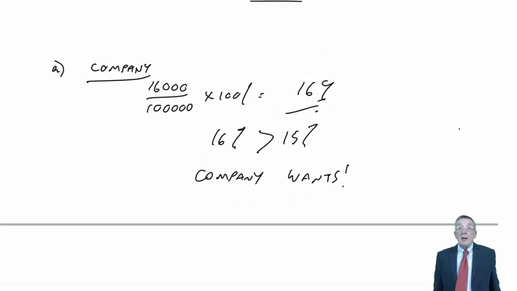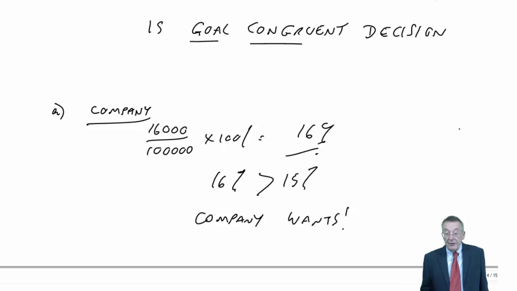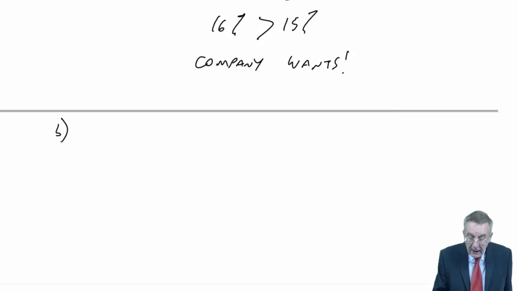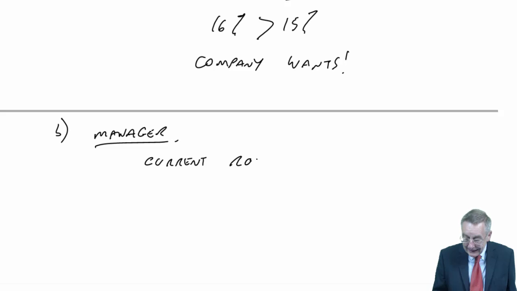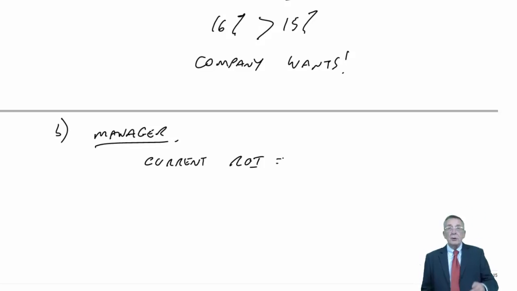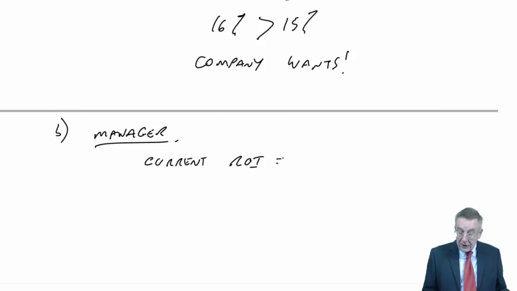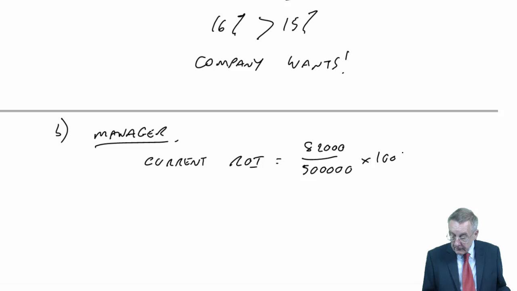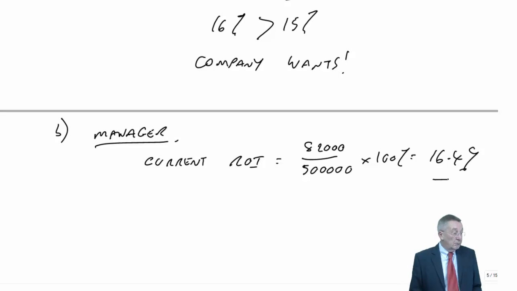But just like before, we've given the manager autonomy. It's not the company who will make the decision, it's the manager. And what will the manager do? All the manager cares about is his performance measure. The current return on investment. I know we did it before, but to save me winding back. Currently, if they don't do this new investment, presumably they'll carry on getting 82,000 a year on an investment of 500,000,